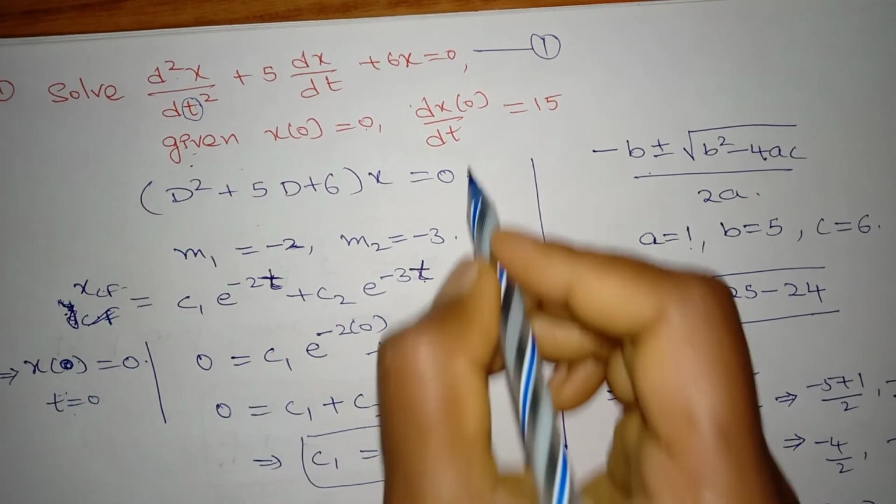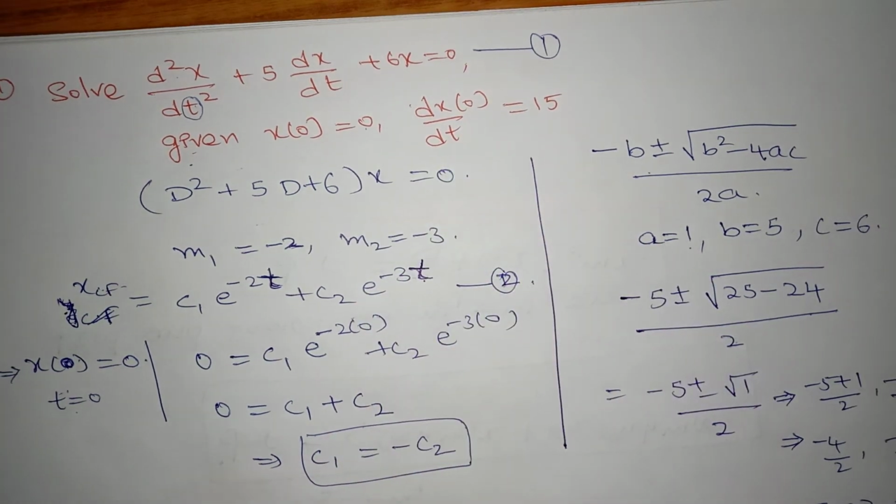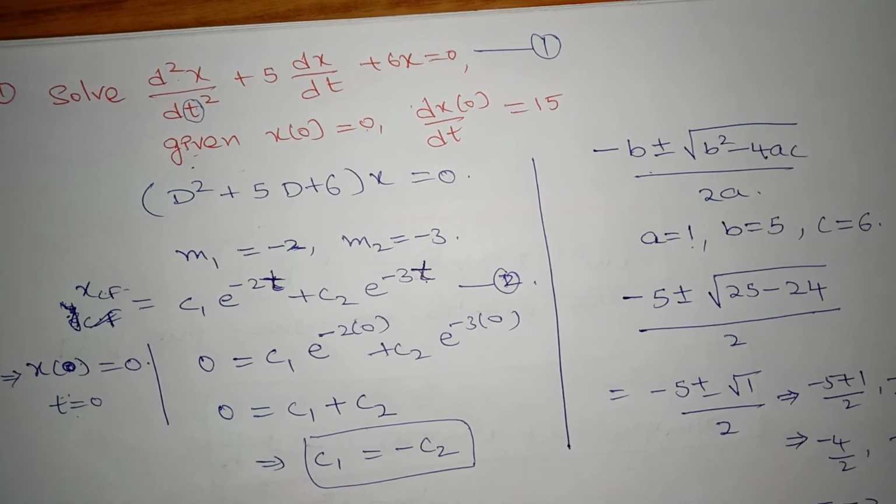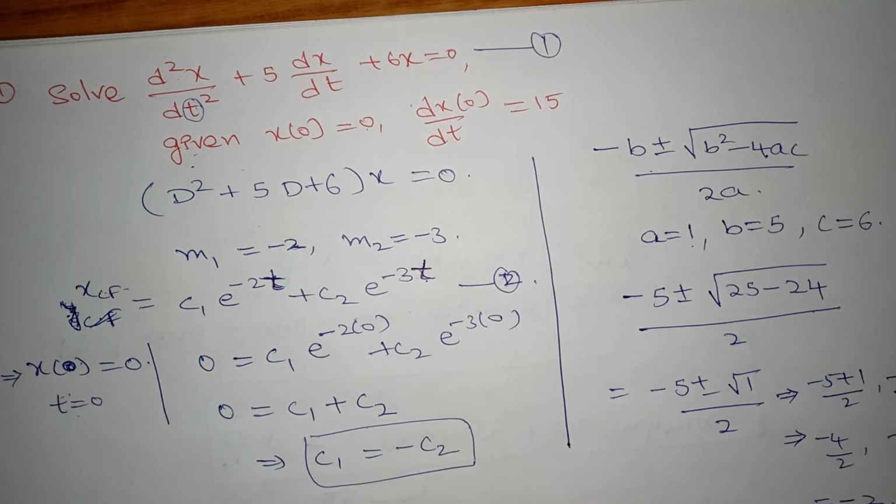And from the second boundary condition, dx by dt at 0 is equal to 15. To apply this boundary condition,